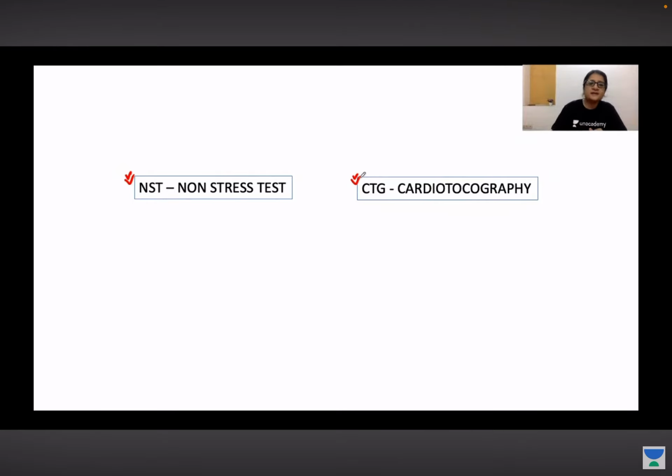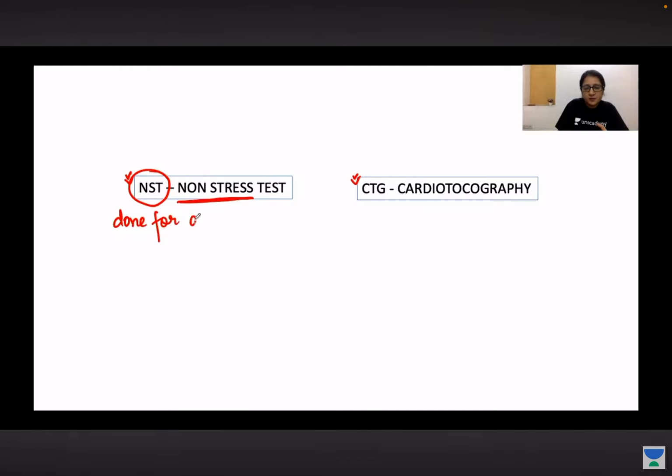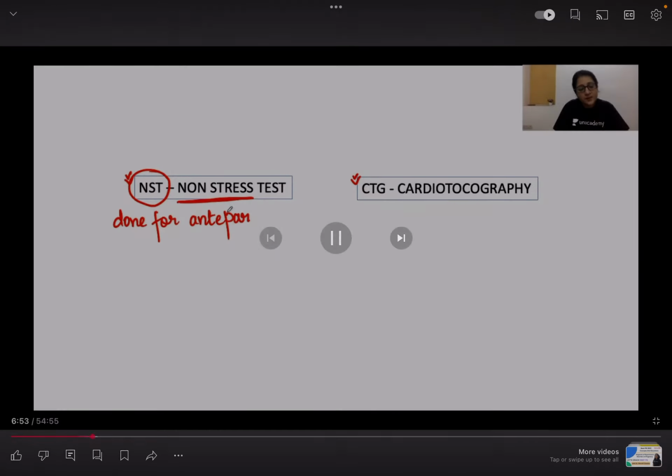The only difference is that this is non-stress. Non-stress means the woman is not under any stress. She is not in labor, right? So this test, NST, that is the non-stress test, is done for antepartum fetal monitoring. It is using the same machine, using the same principles